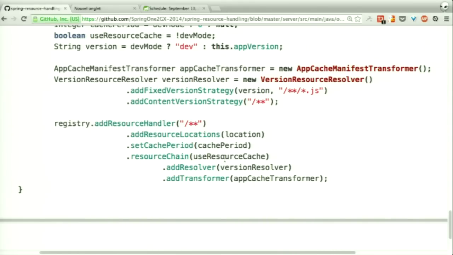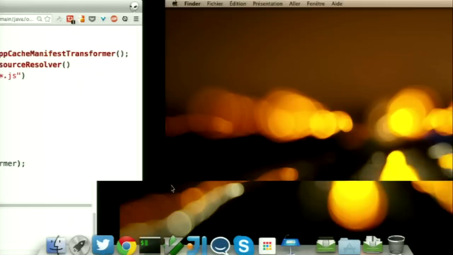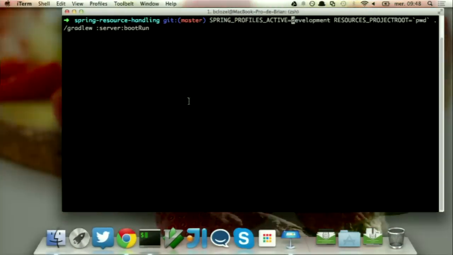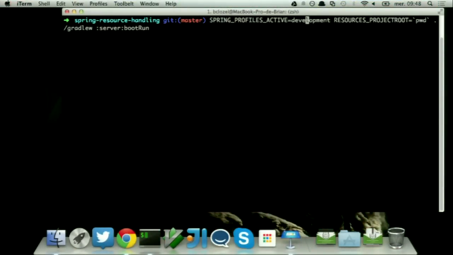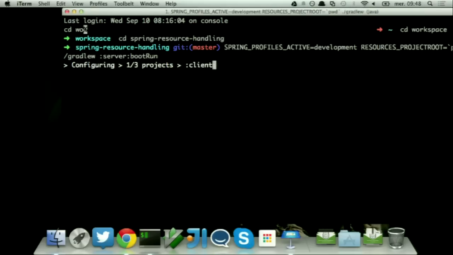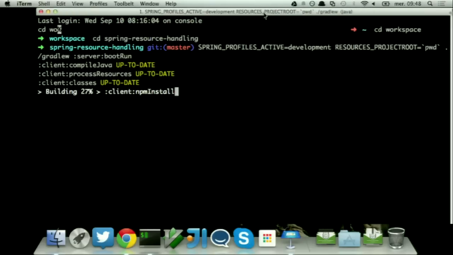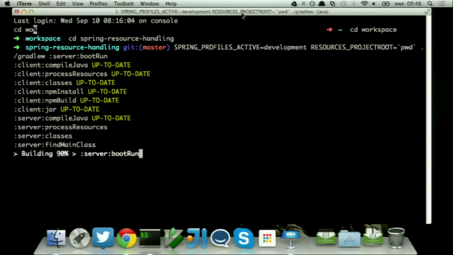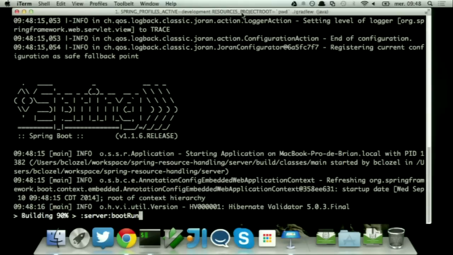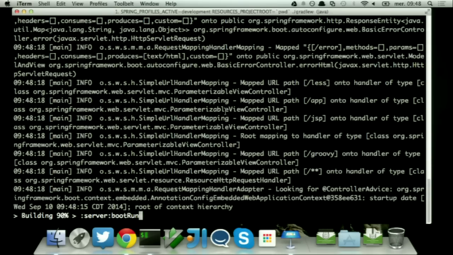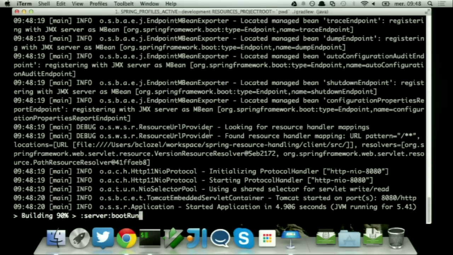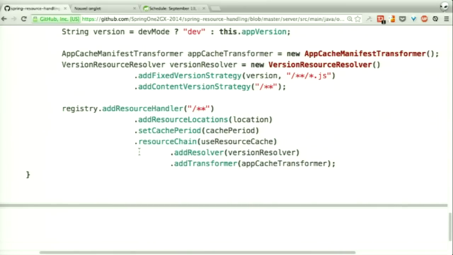Let's see that in action. All right, so here we're going to launch the application with the development profile. Can you make that a little bigger? There. So this is just the Gradle build running, and Boot starts up. Okay, so in our application development mode,